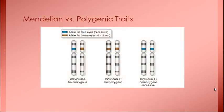Okay, so let's talk a little bit about Mendelian versus polygenic traits. You may have at some point in your life learned that eye color, the allele for blue eyes was recessive and the allele for brown eyes is dominant. That is true and not true. First of all,